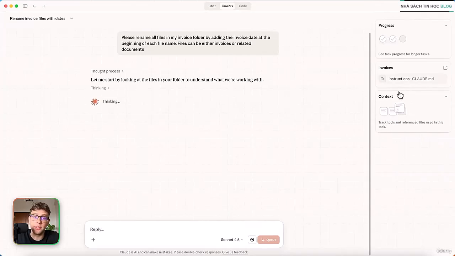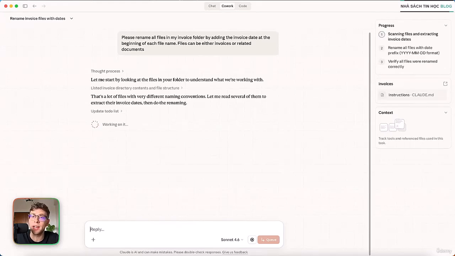There can also appear our skills or plugins. And in this course, we've got sections about these two features. They are really powerful. Basically, skills are the recipes to perform some task. So we can provide our tone, our way of doing things, and create a skill about anything we want. And plugins are kind of experts in specific fields. So we can combine multiple skills about marketing and create a plugin out of it. It's going to be super powerful. So make sure to watch this course really carefully, because I think knowing how to use Claude Cowork, skills, plugins, even Claude Code is going to be one of the most important skills right now to learn.